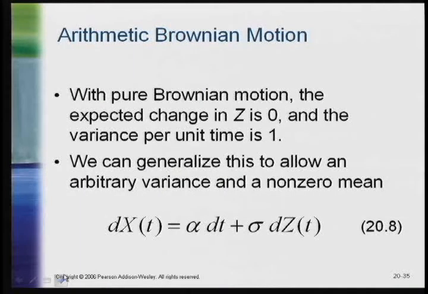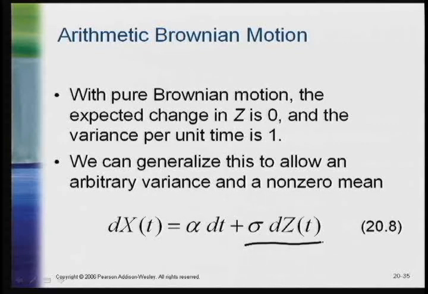First of all, there's what's called arithmetic Brownian motion. All arithmetic Brownian motion does is to introduce a non-zero mean drift and a variance that's not equal to 1. And it does that in a way that, first of all, the change in the variance, the multiplier of dz by sigma, if dz is normally distributed